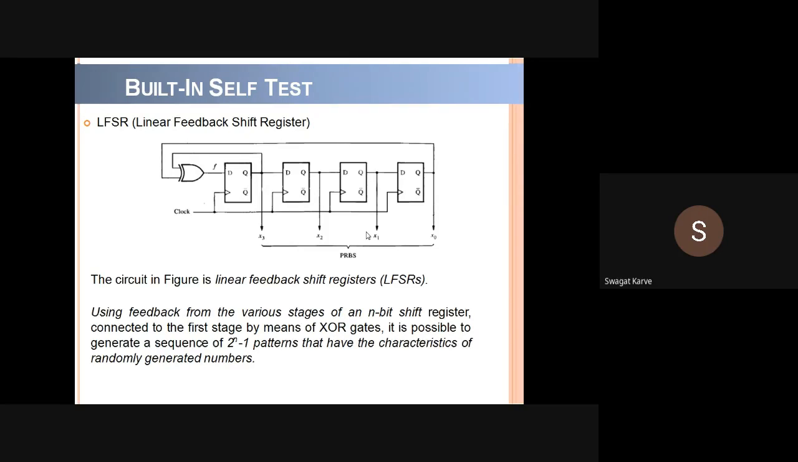So this is about the linear feedback shift register. Again I will repeat, for what purposes you can use this LFSR circuit. You can use it to generate random numbers, for polynomial division for signature analysis, and for n-bit counting. So these are the different uses of the linear feedback shift register. Okay, now the next point is